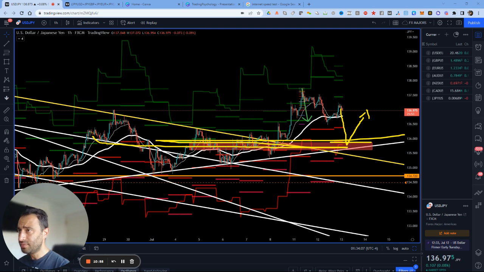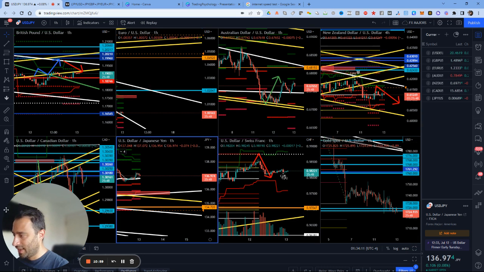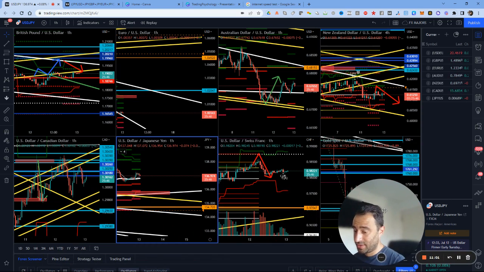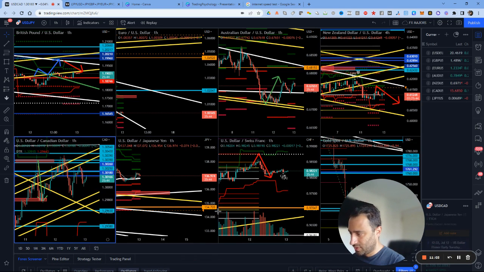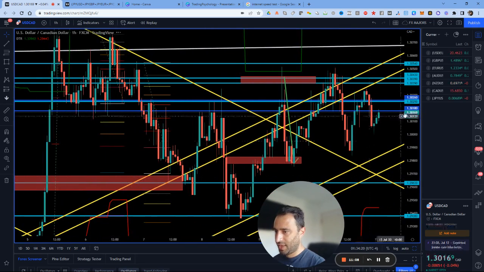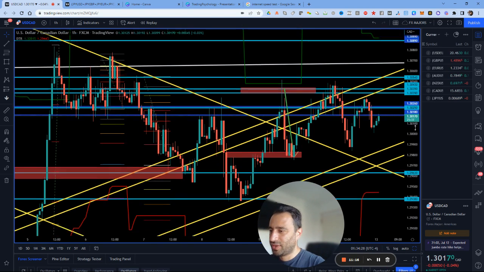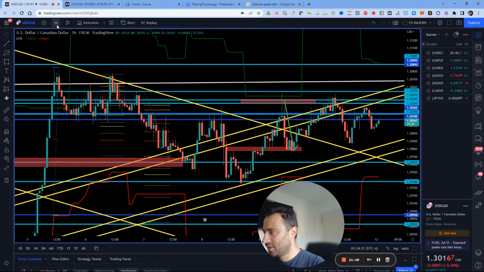Okay. And then finally, we could look at the CAD if we want to also place an order on the CAD. So remember, we've got to play CAD strengths. So we'd be looking to sell dollar CAD, right? Which actually makes a lot of sense, because